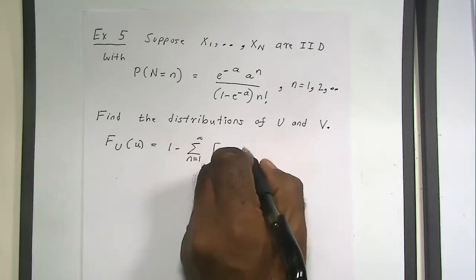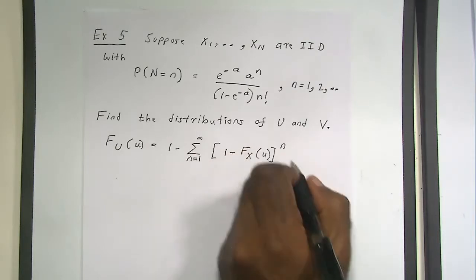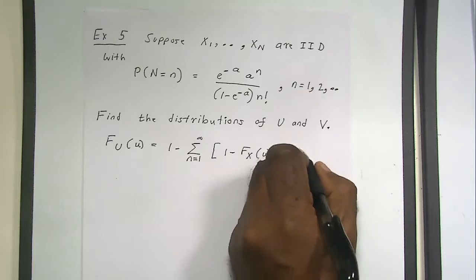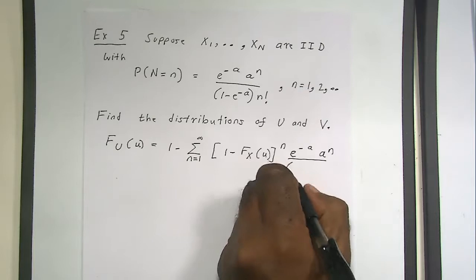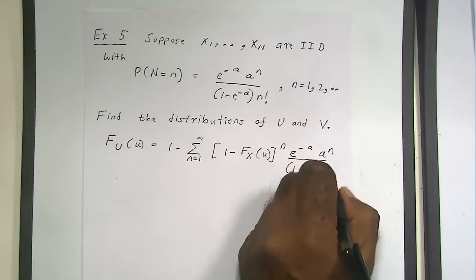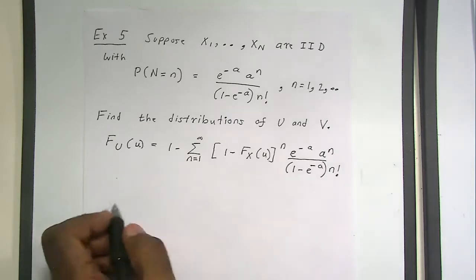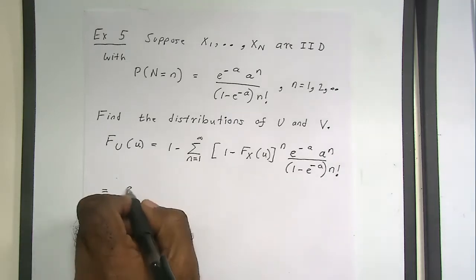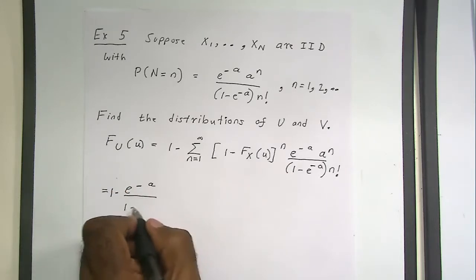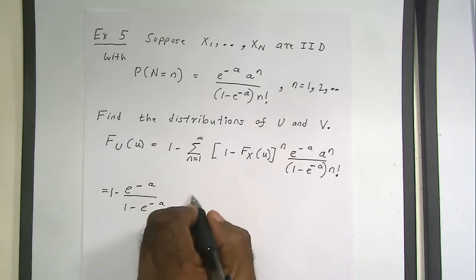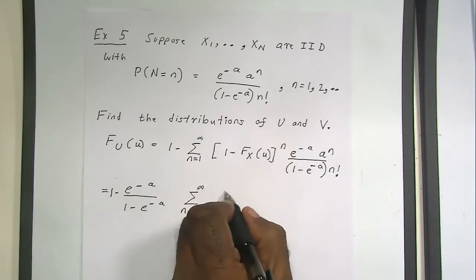I apologize for messing this up. Okay, and then this thing here, you can write it like this. You can write this as 1 minus e to the minus a divided by this, and you have the sum over n from 1 to infinity of